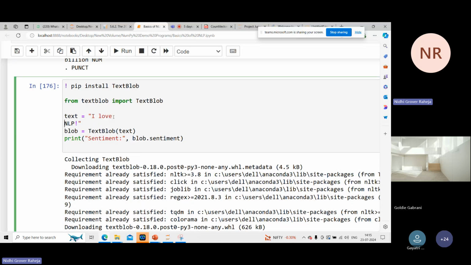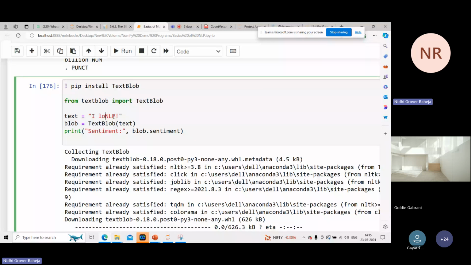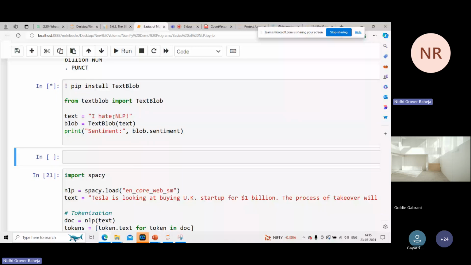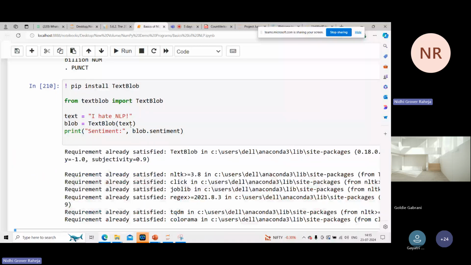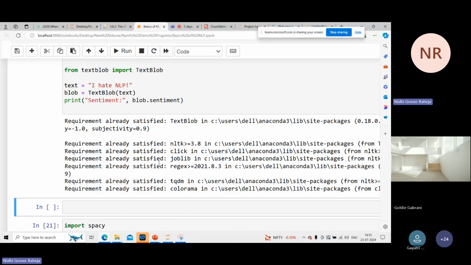Now if I use, say, I hate, fine. So I just run this. Oh, I should have done it in the next cell. Okay, requirement already satisfied. Now it is trying to print the sentiment. It may take a